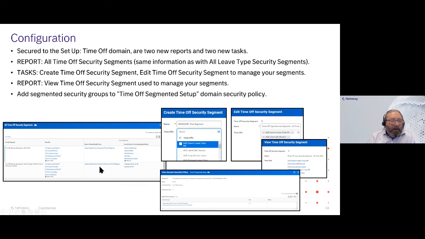A task to be able to create and edit time off segments. So we can create and edit. And then another, believe it or not, this one's a report as well, to view time off security segments. And I've put a screenshot here of the actual policy, again helpful for your future reference if you pick up this presentation and want to refer back. And basically, we're just going to go and add those segments